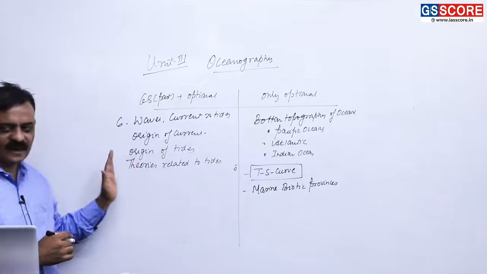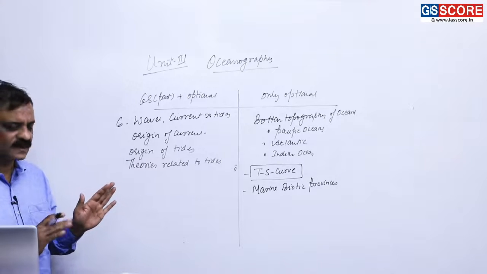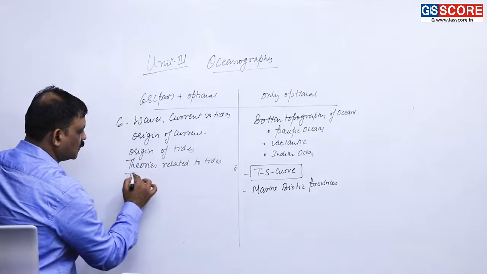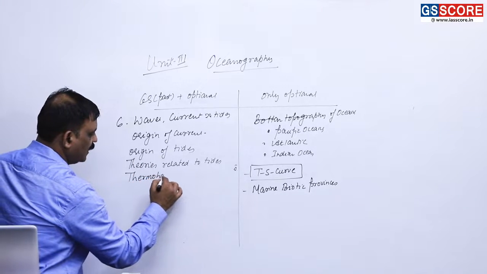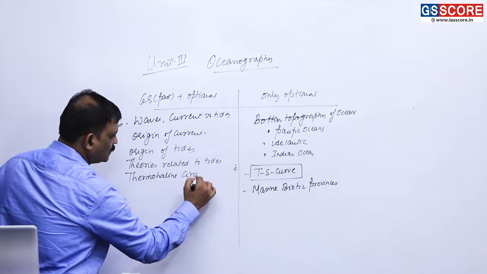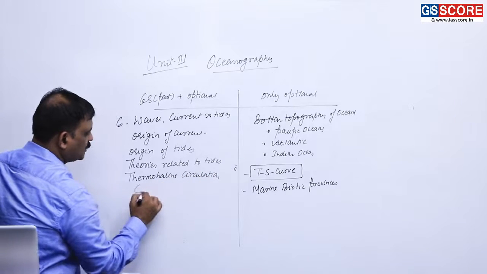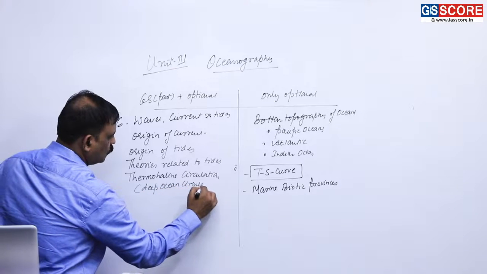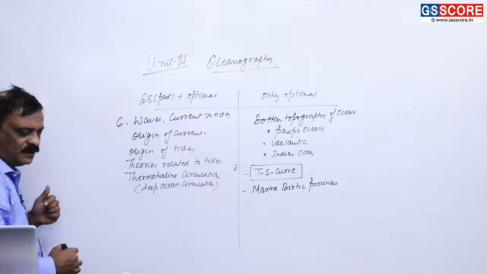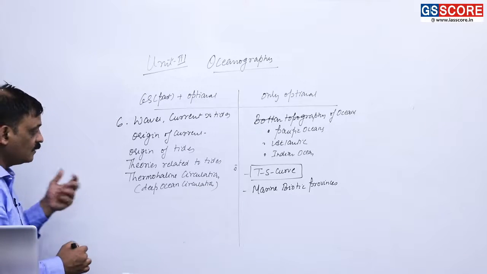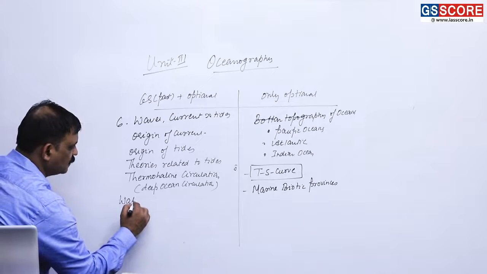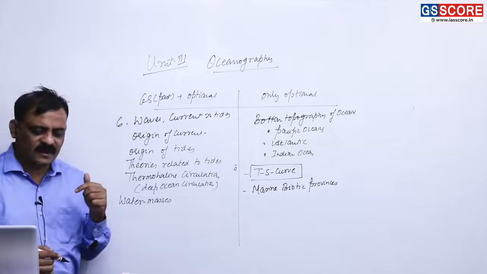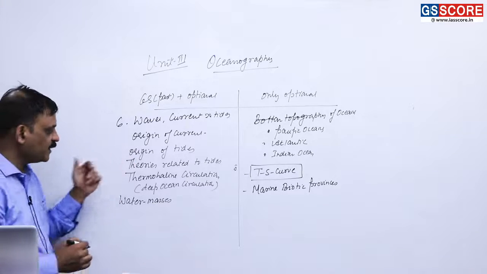But यहाँ पे थोड़ा सा एक आइडिया लेते हैं, आजकल उस पे क्वेश्चन बहुत ज्यादा पूछा नहीं जाता है about the theories related to the tides को लेके. Now you are also expected to study about the thermohaline circulation, okay, or you can call it a deep ocean circulation. So this is also a topic of your optional, and again there was a question related to the water masses, about the water masses like air masses. Here we also have a concept of water masses, okay,